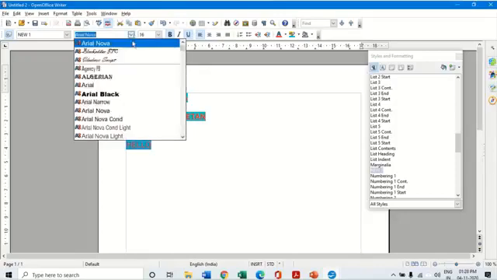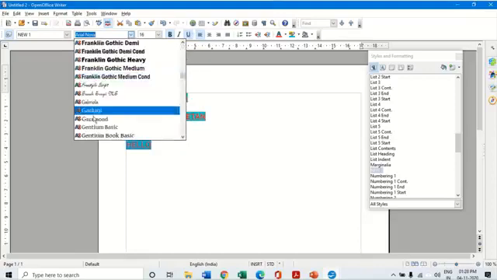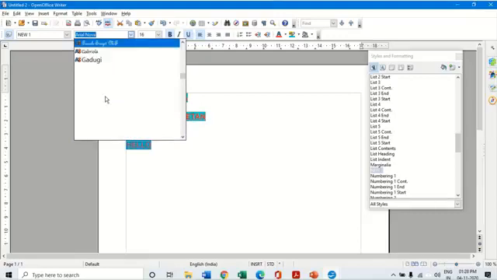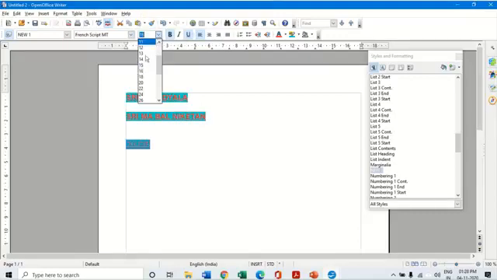Select this, and this time I'm going to make the font as, let us take something like this. This is my font. I'm going to make it size 24. I'm not keeping it bold. I'm removing the underlining.